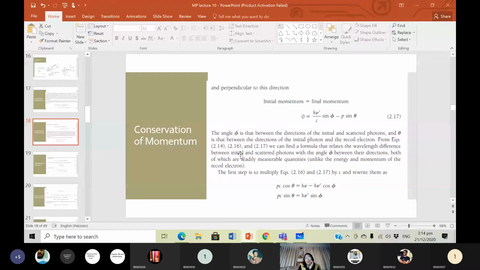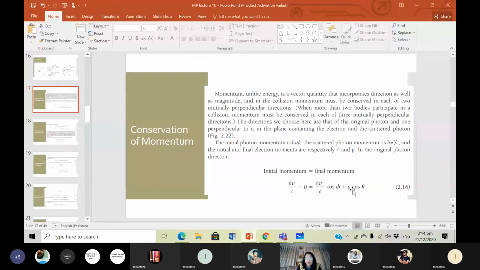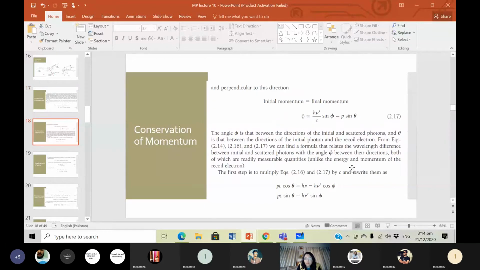between the directions of the initial and the scattered photon. That is what we're trying to do here. So we have these two equations, this equation here, and we have this equation here. Now what we're going to do,